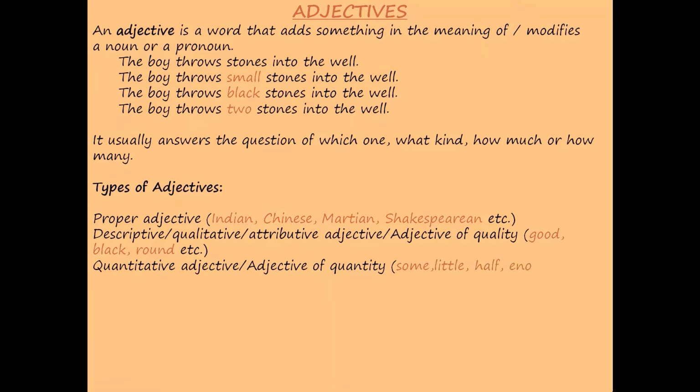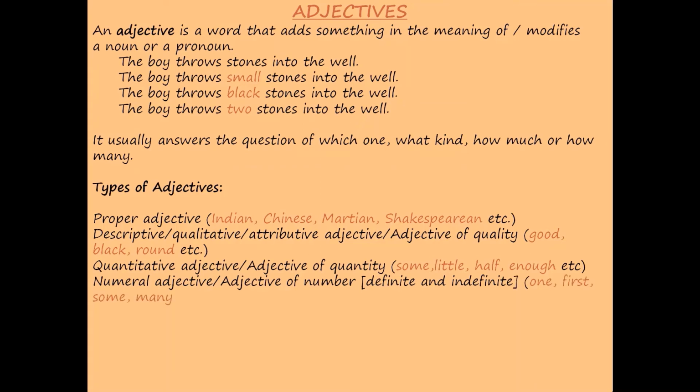For example, some, little, half, enough, etc. Numeral adjective or adjective of number. In numeral adjectives, we have two categories, definite and indefinite, as one, first, some, many. One and first are definite; some